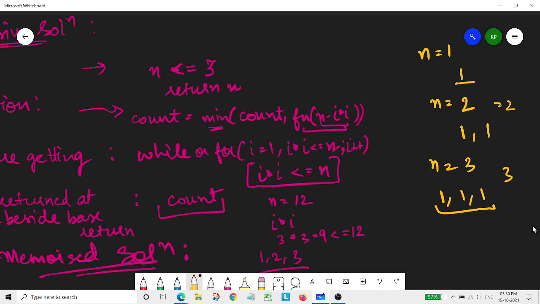because there is no number which is a perfect square below 4. The perfect square numbers start from 4, because 4 is the square of 2, and below that we have just 1 which is the perfect square. So that's why when n is less than or equal to 3 we are simply returning n as it is.